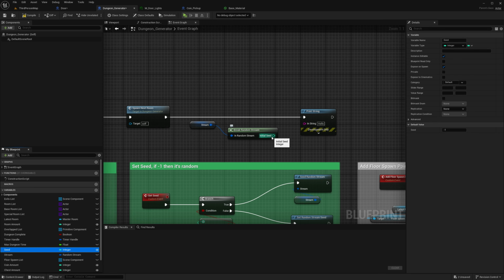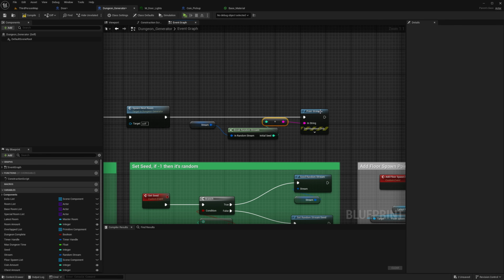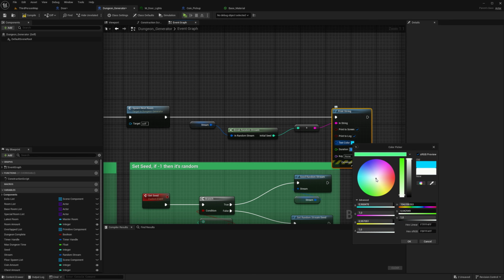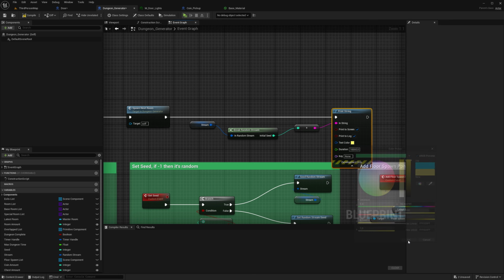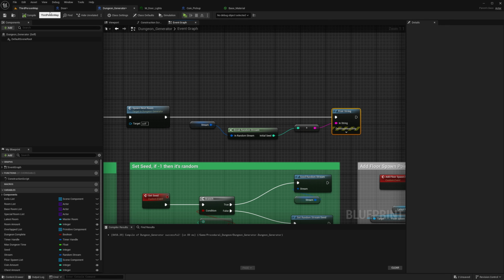So let's try and plug this in here, and it will just be showing for, I don't know, 10,000 seconds. Make it a bright color here so we can see it easily. Compile. Let's play.